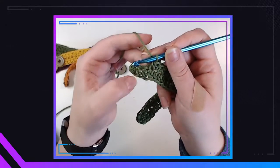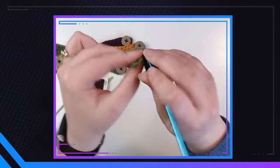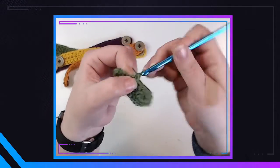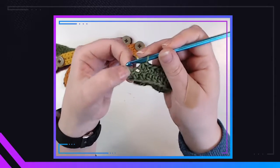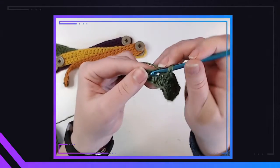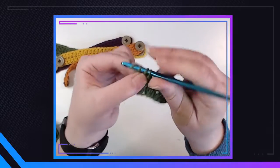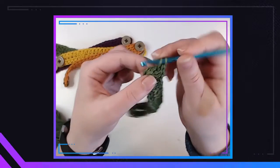All right, we've got 1, 2, 3 stitches left here. So let's do our last 3 half double crochets. 1 and 2. And in this very last space here, this very last spot right where you started, you're gonna do 3 half double crochets in that spot like you did at the other end to give it that nice rounded,